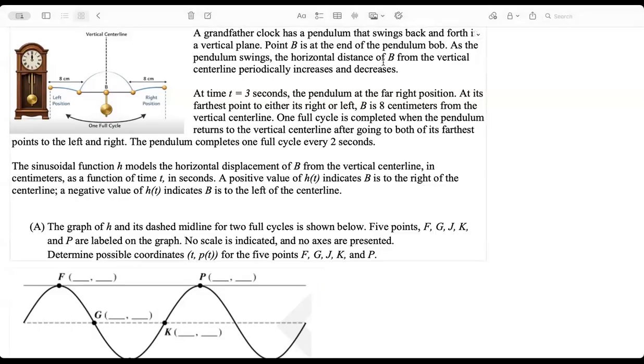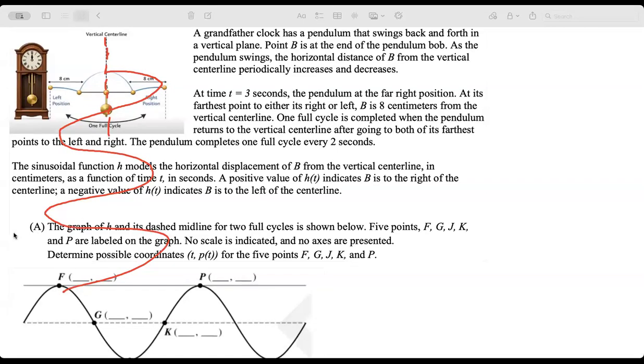Do you need help, Advik, for this one? See, grandfather clock, it goes this side and this side, right? I would really think about the vertical center line they've given, right? So that gives a clue, right? So what is this length, from up to down? 16. Yep. So they have clearly given where to mark.